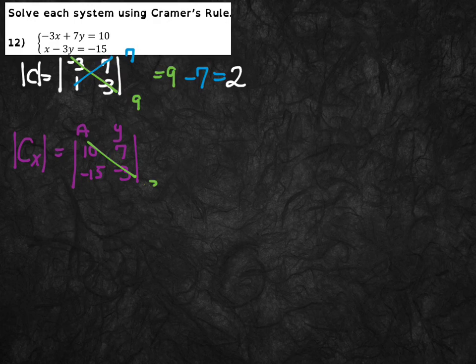So your downs in this case is negative 30. Your ups are a negative 105. Downs minus ups, negative 30, minus a negative 105, minus a negative is a plus. And so we end up with a positive 75 for that determinant. And then the last one